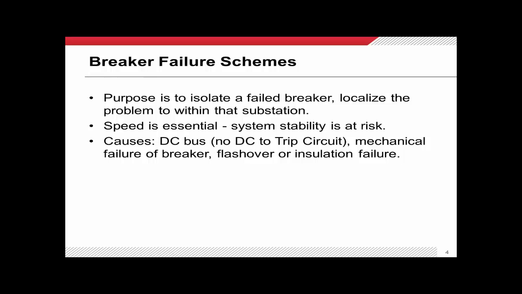Now, the causes of these things are actually fairly numerous. Probably the number one cause of a breaker failure is some problem within the DC circuit, and we've spent quite a bit of time going through that. You can imagine that if someone were to, say, leave a test switch open, or a branch circuit breaker on your DC panel either tripped or was inadvertently left in the open position, well, your breaker certainly is not